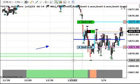This kind of early session, early going in the day session of all of this consolidation, it's a little bit tricky getting on board because you kind of make some sort of determination. When does it really break from there? What do you need to kind of confirm that? And are you prepared to perhaps get on board just prior to it breaking out? And of course the answer to that is yes, but when is that? And so I'm making an estimate here